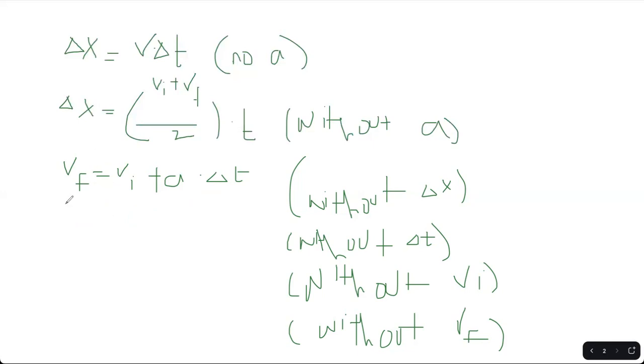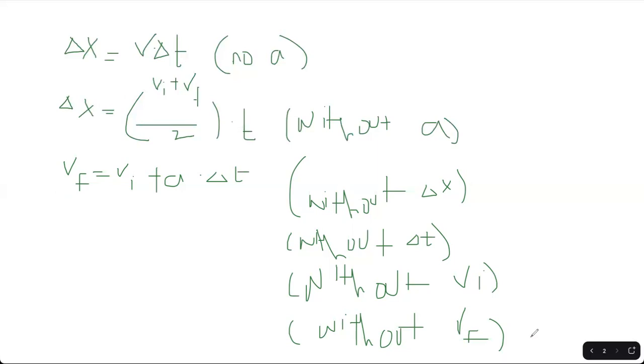The reason why we're not writing change in velocity here instead of having them on separate sides of the equation is because, first of all, there's no quantity that just says change in velocity. Displacement is a quantity that represents the change in position, which is why that's a variable. However, there's no name for change in velocity. And also, we want both final velocity and initial velocity because they're important and they both are two of the